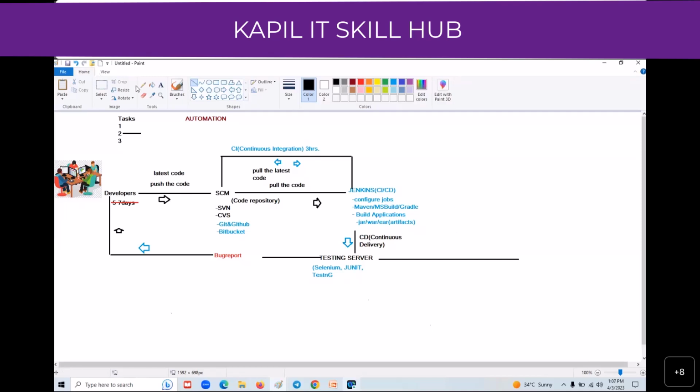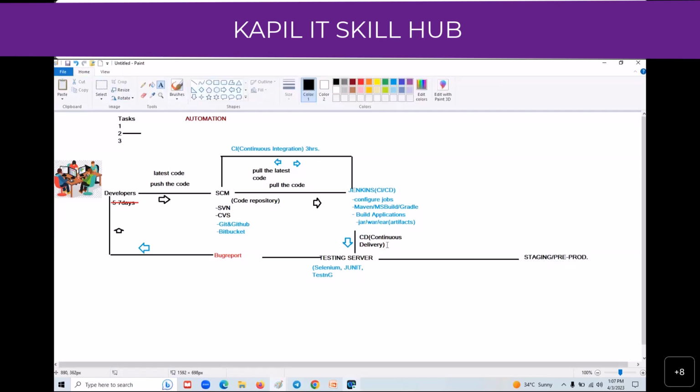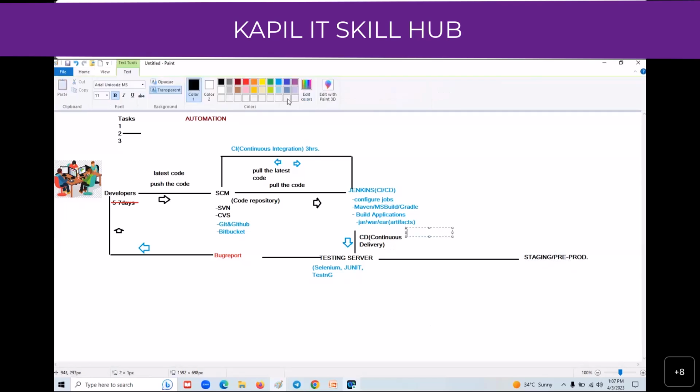So before deploying your application into your staging server or your pre-production server, here we need to test in 100 servers.